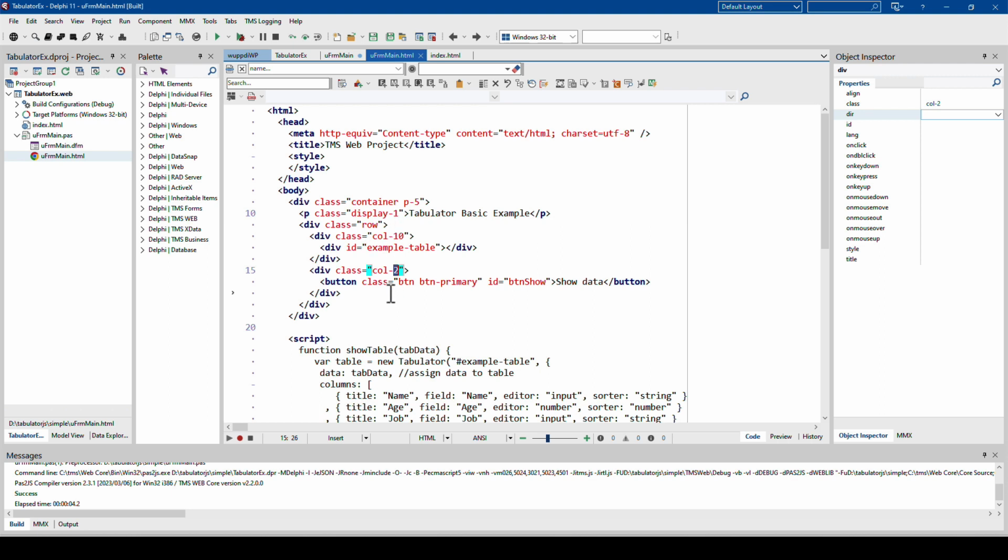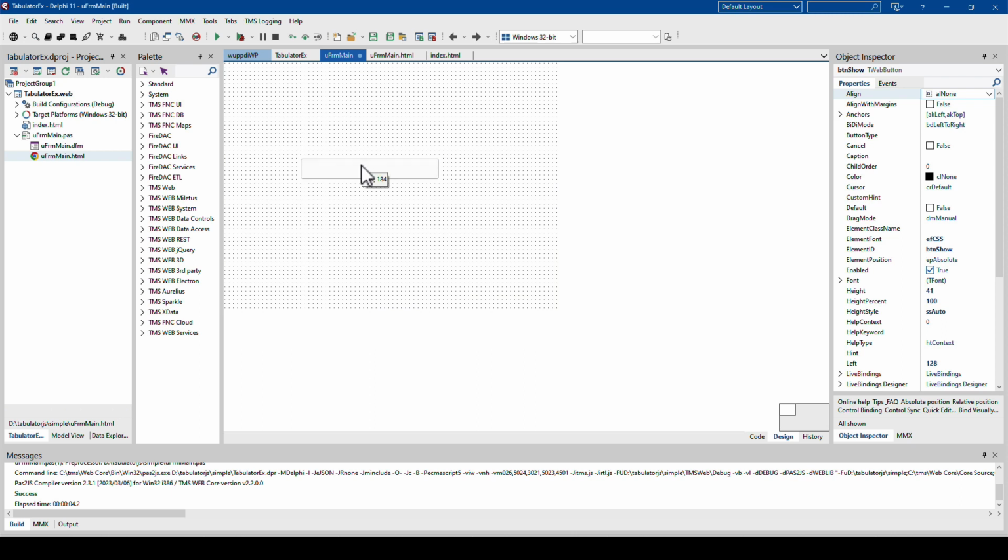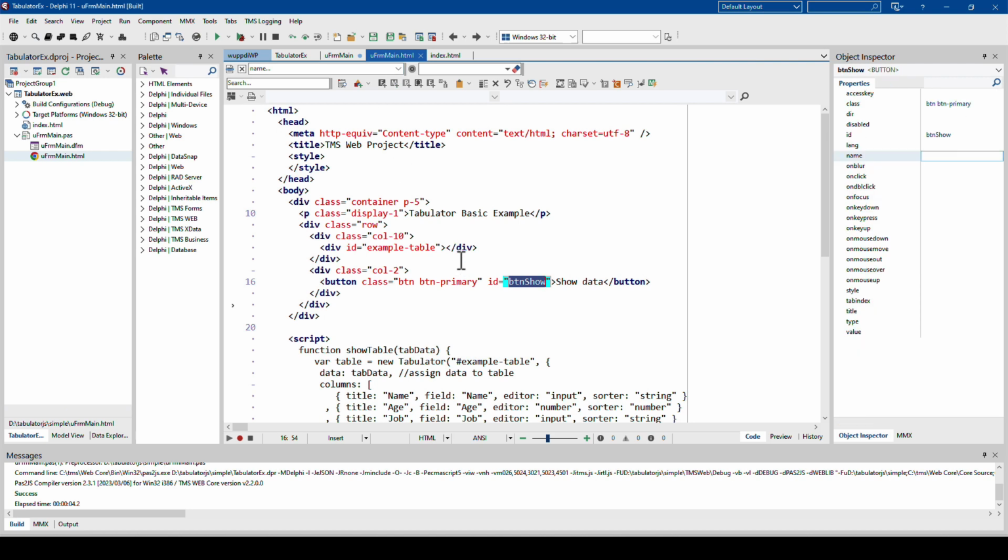And what is being displayed inside of these columns? Well, the column that has the size 2 shows the button with show data, and this button has the ID button show. And that is linked to the control on my form right here. If we look at the element ID, that's how it's linked. It has nothing to do with the name of the control inside of our Delphi code. However, as I don't want to get confused, I use the same name to make it easier for me to remember. But that's just a personal preference.